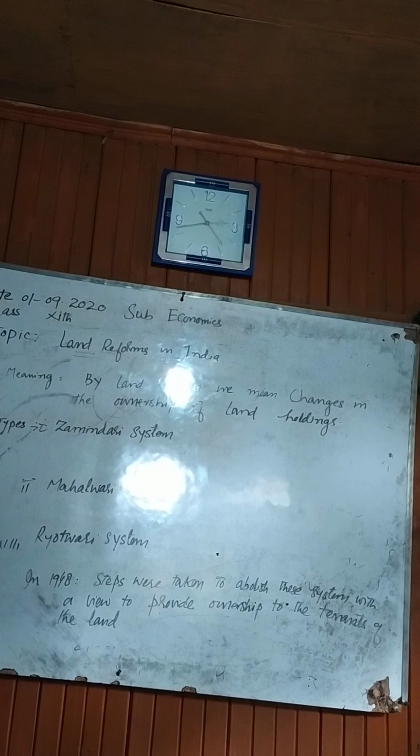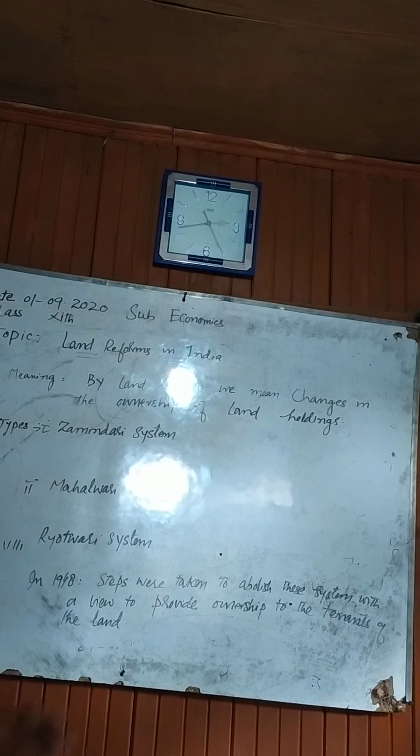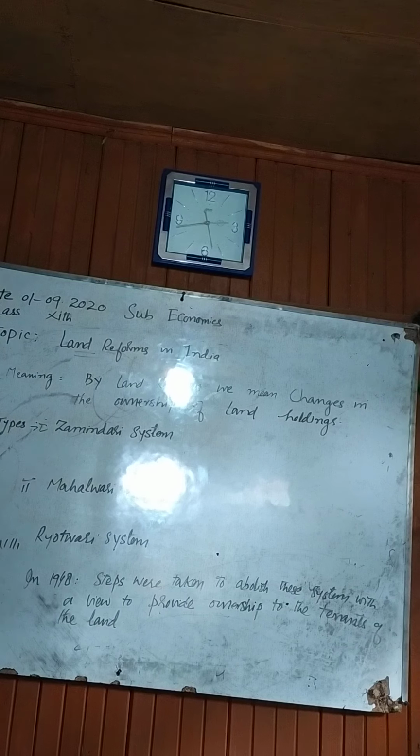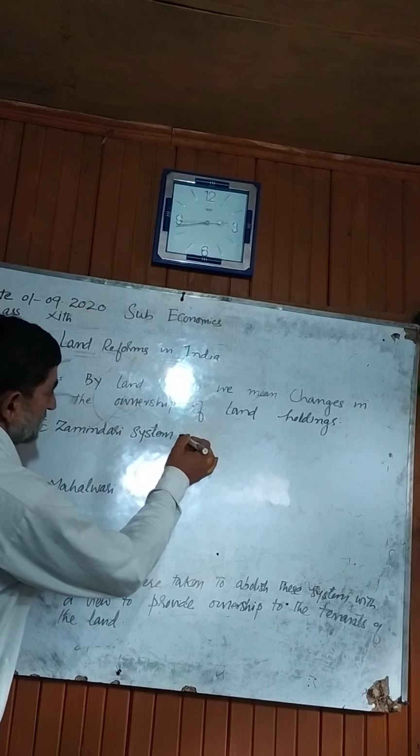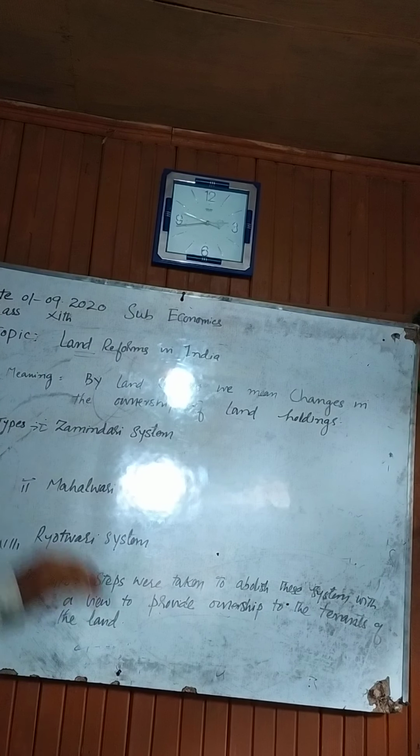Then, there were various types of land systems prevailing in India. They were the Zamindari system, Mahalwari system, and Raitwari system. So far as the Zamindari system is concerned, here the